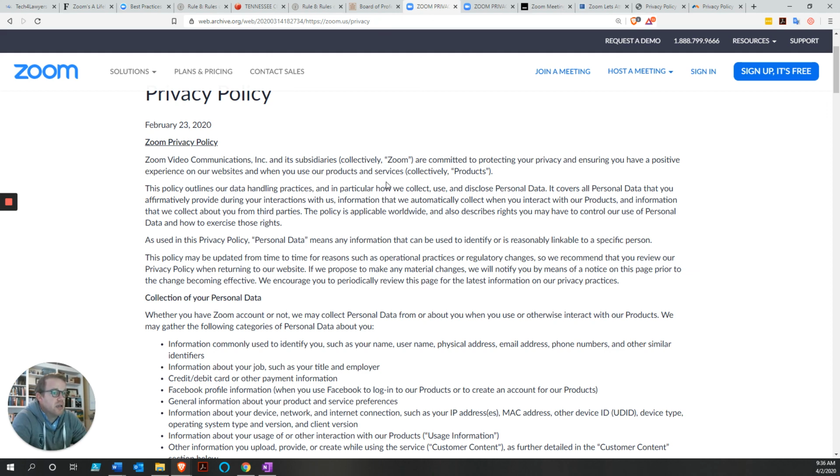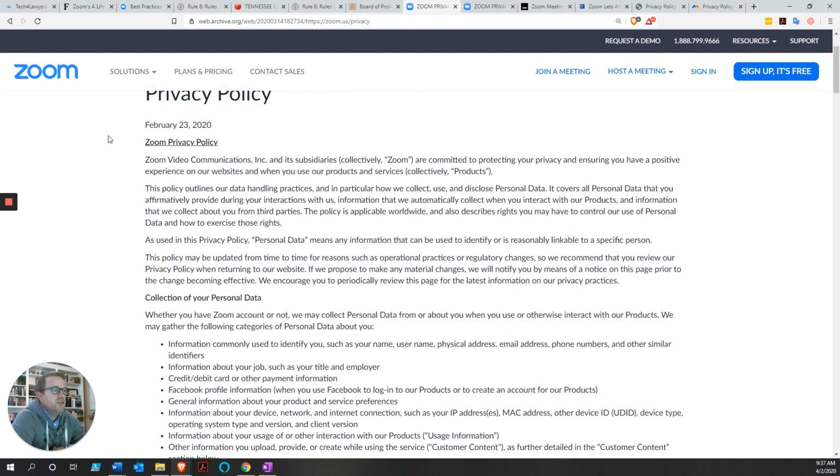However, the snark that was in the original policy is still in the new policy. This is the old policy, and it was actually created or changed on February 23rd, 2020. I didn't really look into how much of a change this was, because the change from the February 23rd to the March 28th policies was so significant that it raised red flags to me anyway.